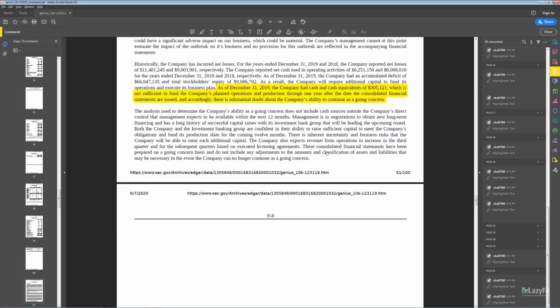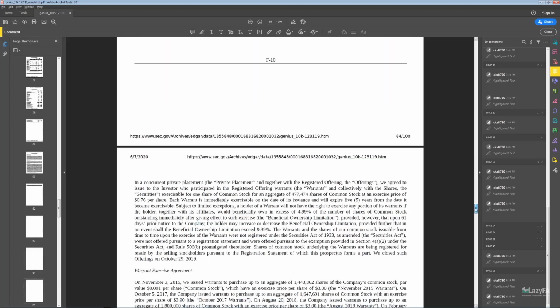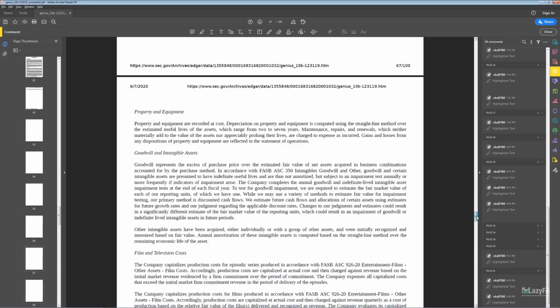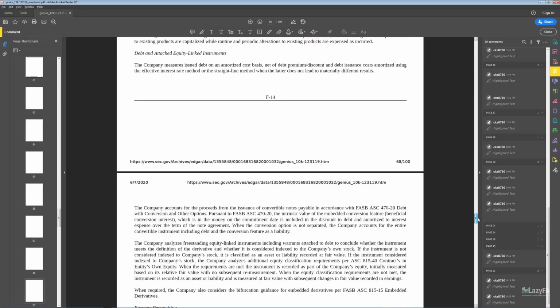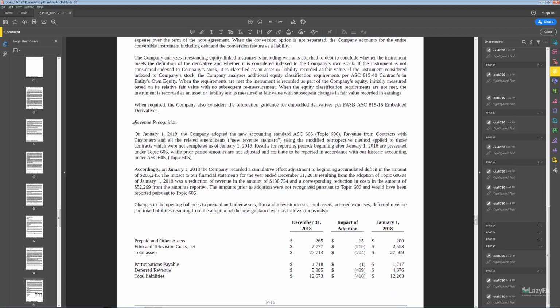And if you see that, you should definitely dig deeper before making any kind of big investment or any kind of investment at all. One of the other things I found interesting here is, I made a note somewhere, I don't remember which page it was on, but it's also here in the financial statement notes. They changed their revenue recognition policy recently to adopt this new accounting standard, ASC 606. And this is something that a lot of companies do, but